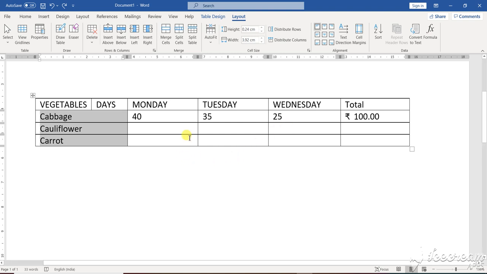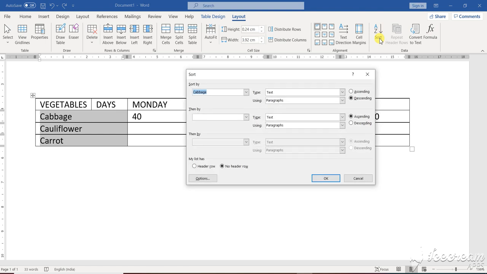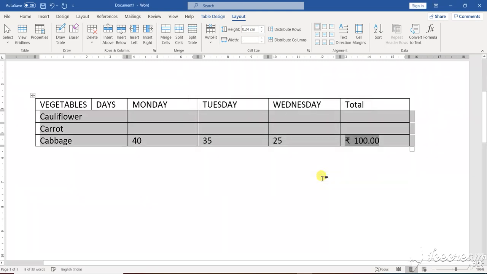So student, as I am doing the sorting options, from the data, I select the sort. If you select only the cabbage, cabbage cannot. So I am selecting column 1. Okay. In which order? In ascending order or descending order? Suppose I have selected descending order here. Then if you click on OK, you see the thing has been sorted.